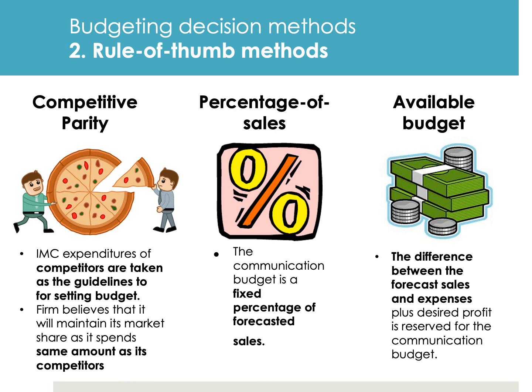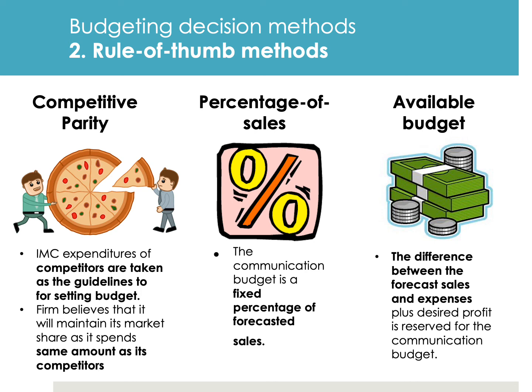In addition to the objective and task method, various rule of thumb methods can be used to set budgets. These rule of thumb methods use prior sales and communication activities to determine the present communication budget. For example, in competitive parity, the communication budget is set so that the firm's share of communication expenses equals its share of the market. In percentage of sales, the communication budget is a fixed percentage of forecasted sales,